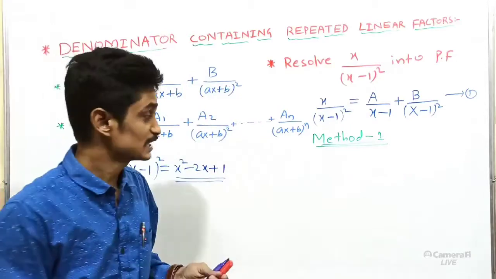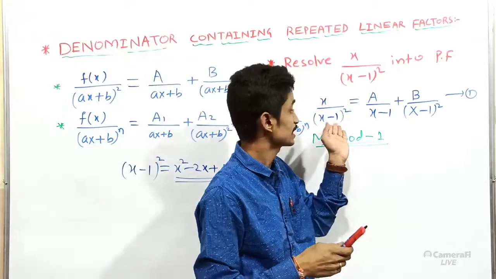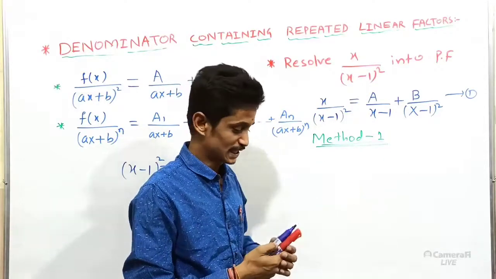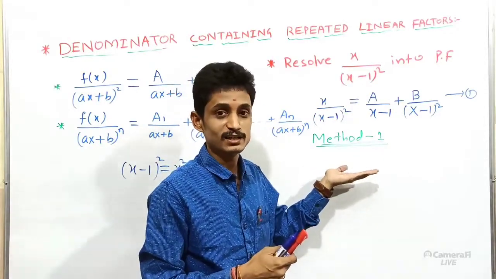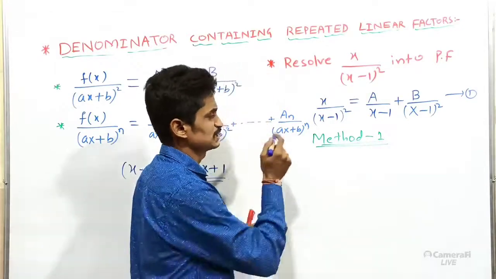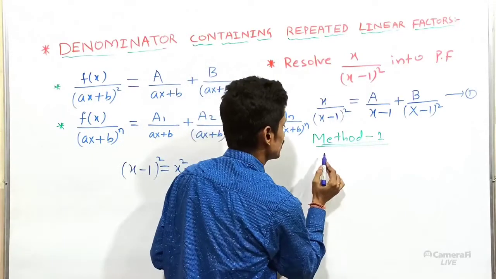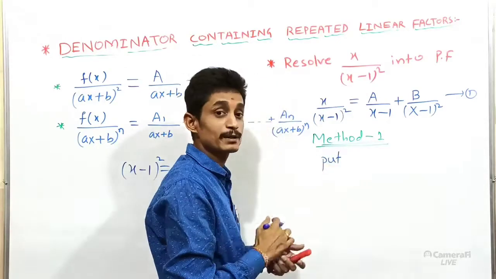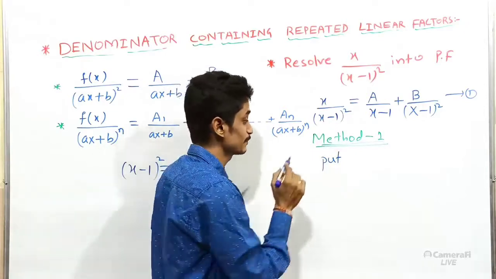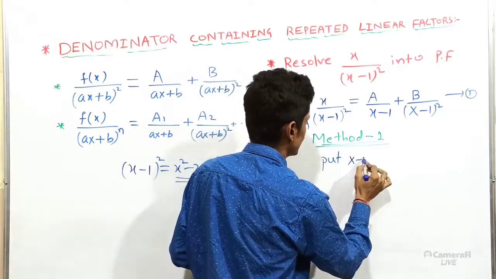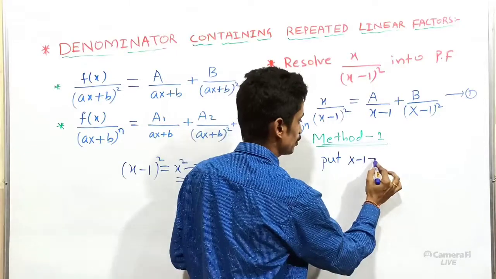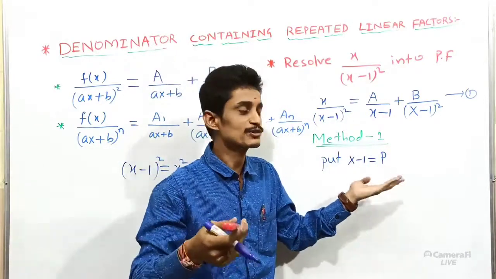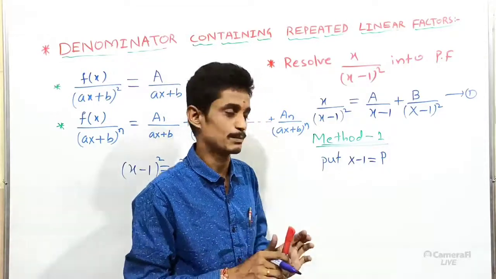Maximum we operate in the theory part as well as in the KCET part in such problems, method number 1. It is applicable everywhere, either in theory or KCET or NTA. Now, what is that method number 1? Simply replacement I need. Just look at the denominator. The denominator x minus 1 equal to some variable we have to take. I have taken p. If you wish you can take q. Any variable you can apply.